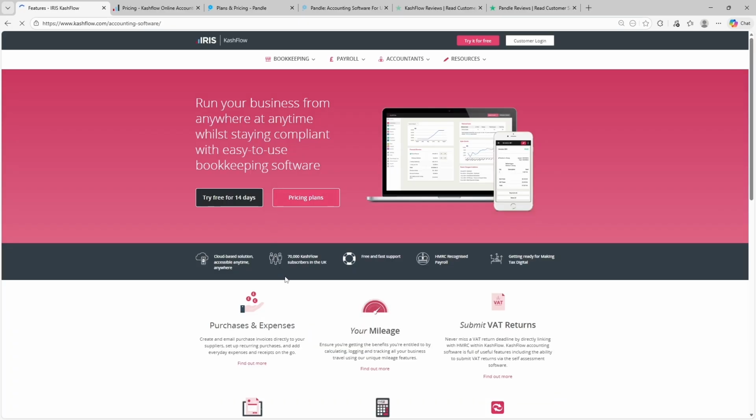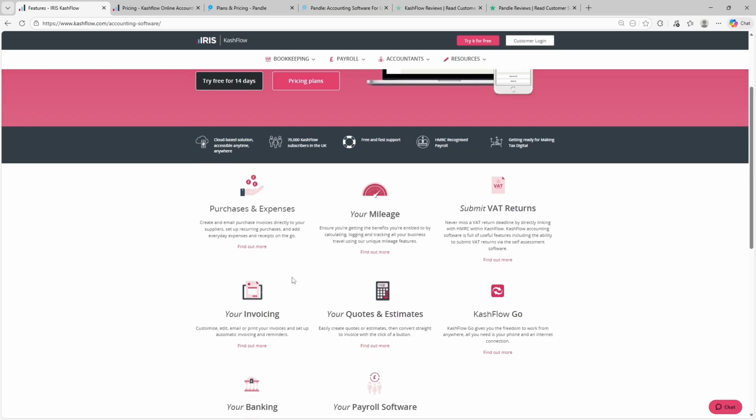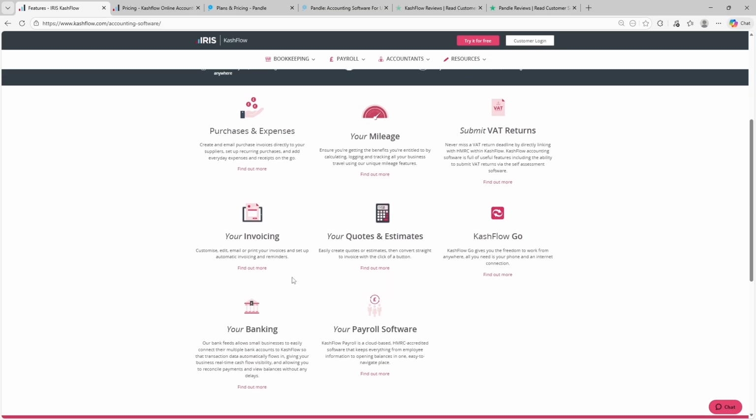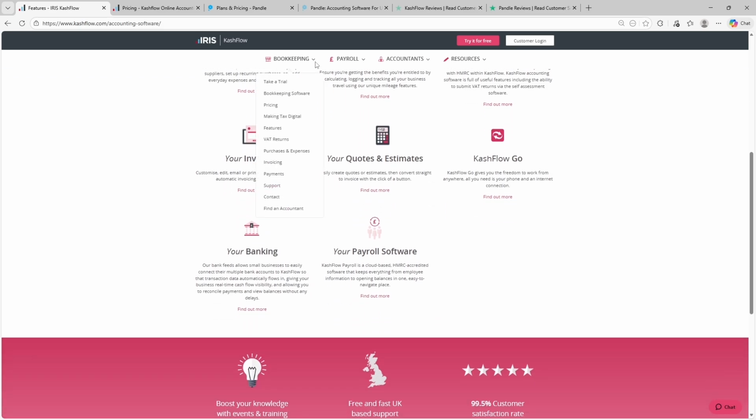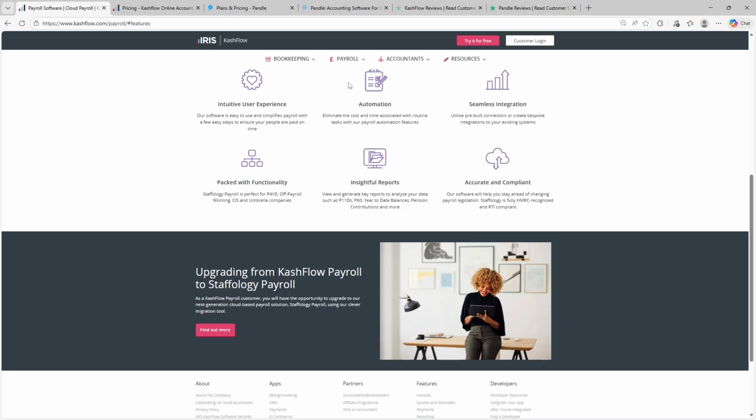time configuring complex systems. The strengths of KashFlow lie in its low introductory pricing, straightforward setup, and solid core accounting tools for small UK businesses. It can work well for sole traders and micro companies that want basic compliance and familiar workflows without paying premium fees. The drawbacks are that payroll and deeper automation require add-ons. Some limits still exist at lower tiers, and many businesses eventually outgrow the platform as transaction volume, team size, or